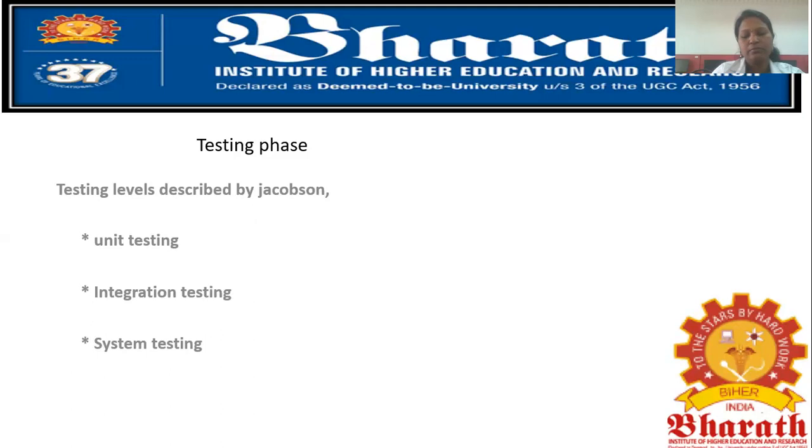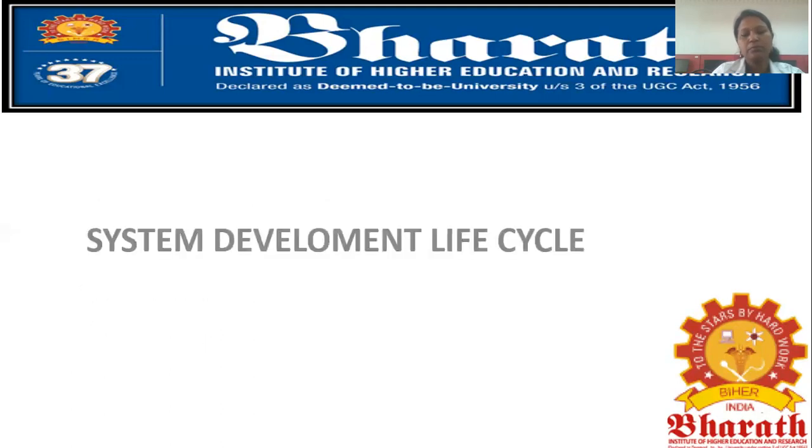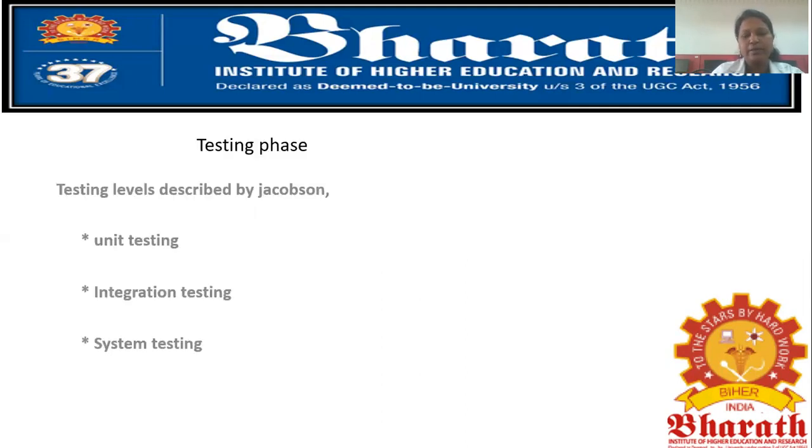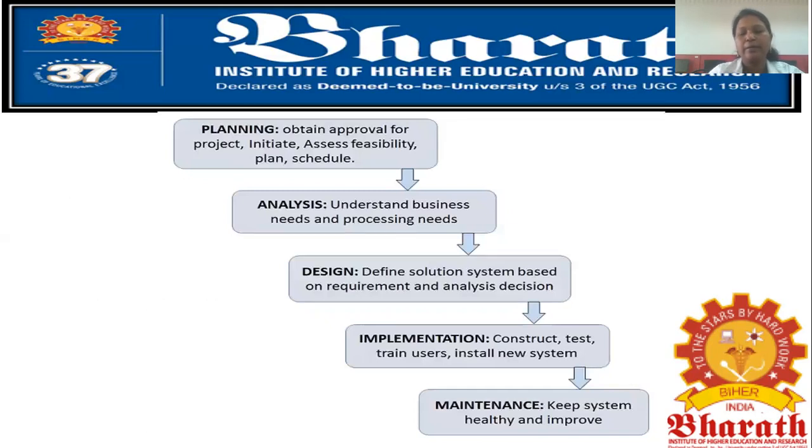The system development life cycle is the same as the software development life cycle. So this is a very important diagram. Actually, this is a very important slide, a very important topic in this lecture. Why is it called a cycle? Because every step has to be repeated, again and again. As I told you already, we start the analysis, we start the design, but before going to design, the analysis itself has to be based on the customer requirement. So these five points are very important: planning, analysis, design, implementation, and maintenance.